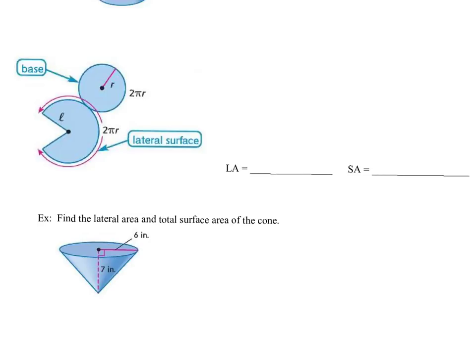So to find a formula for the lateral area, what we're going to do is compare the area of this blue part to the area of an entire circle, take that ratio and compare it to the circumference of this blue shape to the circumference of the entire circle. So let's write that out, what I just said. So we're going to write a proportion that compares the lateral area, that blue lateral area, to the area of a complete circle